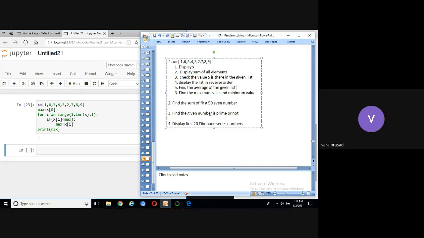Do you know how to find the factors for the given number? How to find the given number is prime or not? Display the first 20 Fibonacci series numbers. All of you know what Fibonacci series numbers are. So these are the questions.